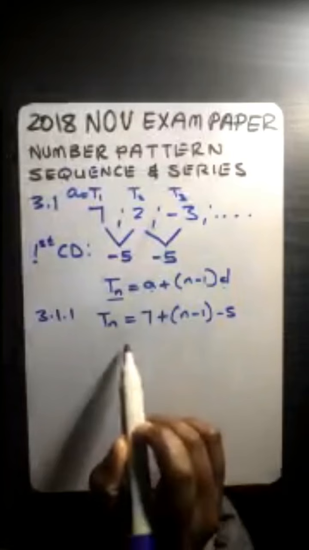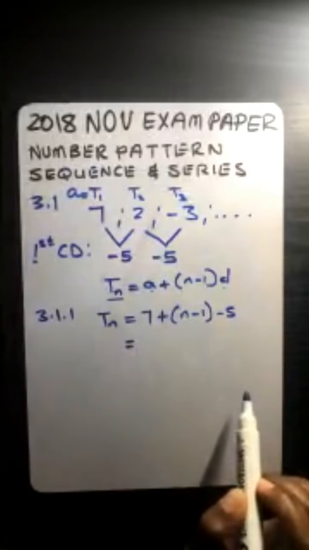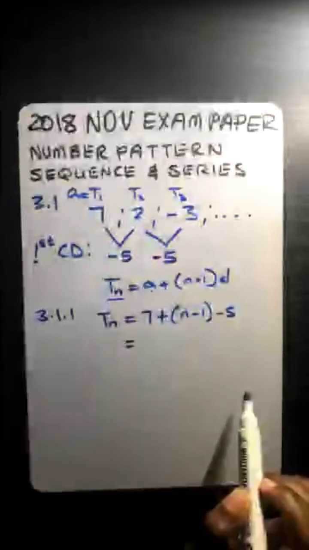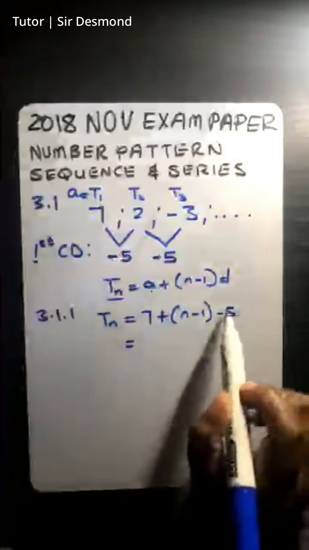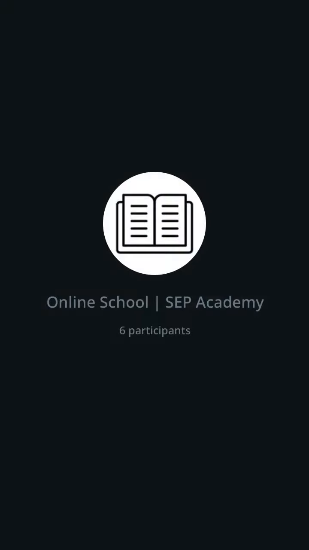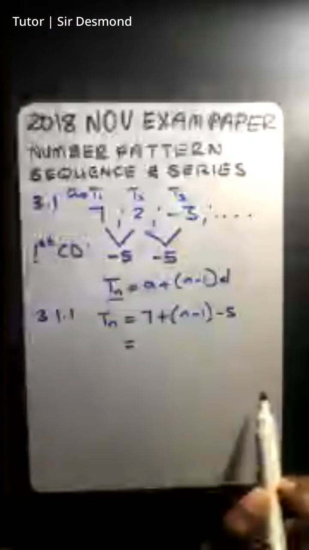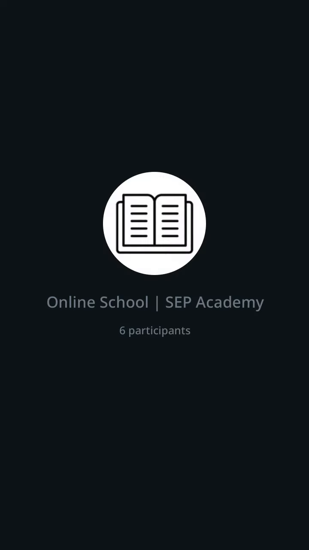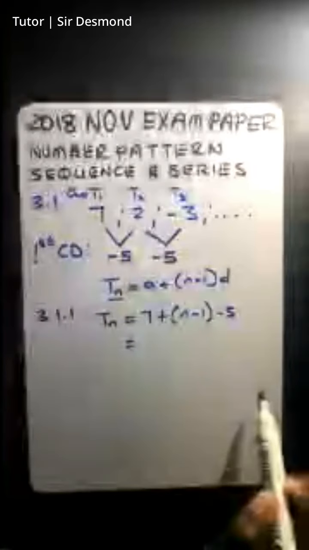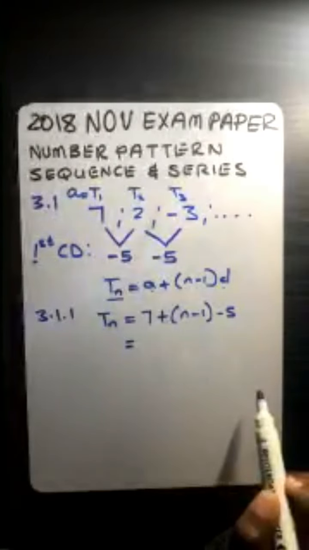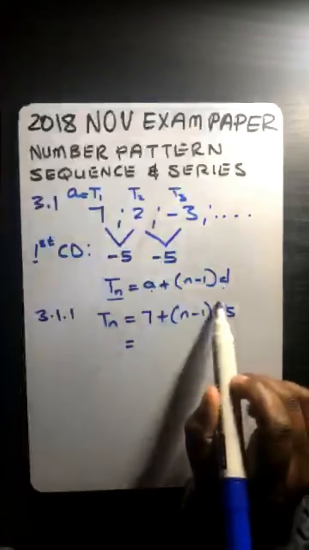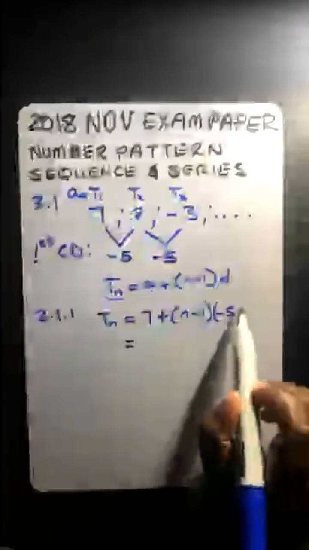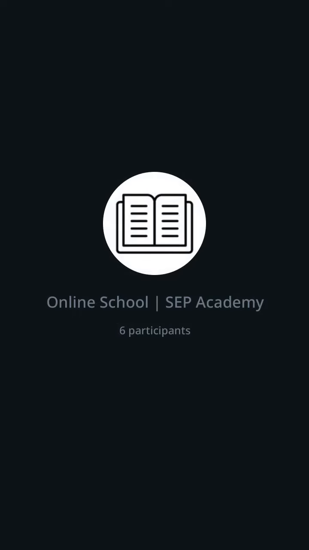For someone who missed that lesson, they would just say 7 minus 5. But when you try to simplify that equation, you end up forgetting that this is actually a negative and not a minus. So it is going to lead you to the wrong destination. So make sure, ladies and gentlemen, that the moment you are substituting a value, especially a negative value, you put it inside the brackets. So how do you know what your next step is after substituting? Ladies and gentlemen, always,